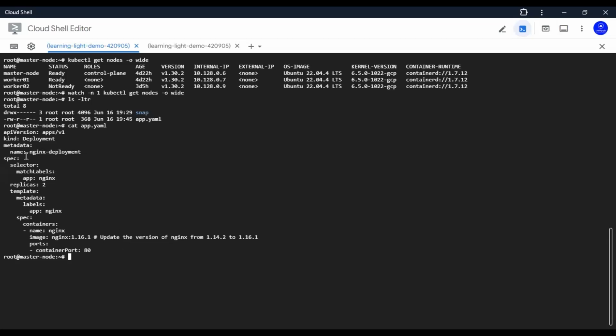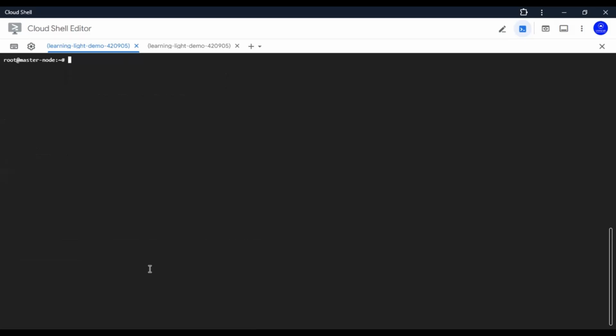So once you have this template ready, you can just say kubectl apply -f app.yaml. But before that, let us specify the internal CIDR range of master node and worker nodes. So let me cancel this command, and instead of doing that, let me patch our master node's CIDR range to